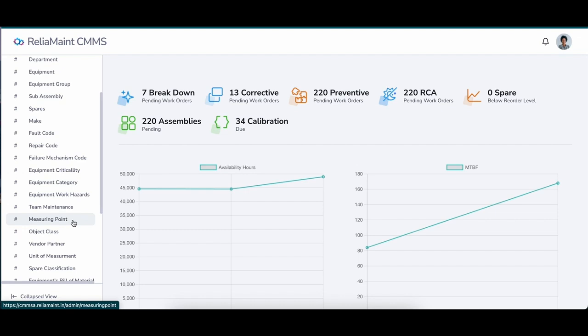A measuring point can also be a production related aspect. For example, if after machining 1000 items we need to do some ABC check, the measuring point can be defined that way. Daily we put in our production, and once we get the 1000 items done, a corresponding work order will trigger. That is the measuring point.